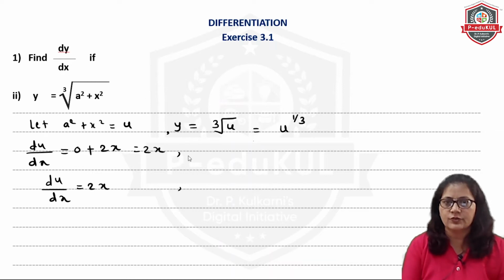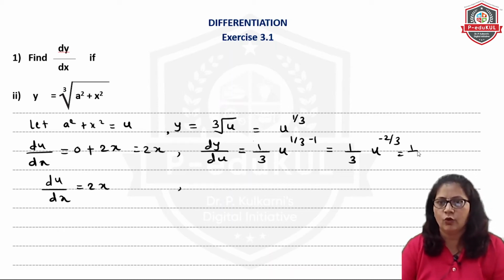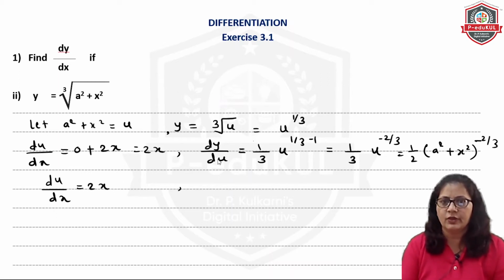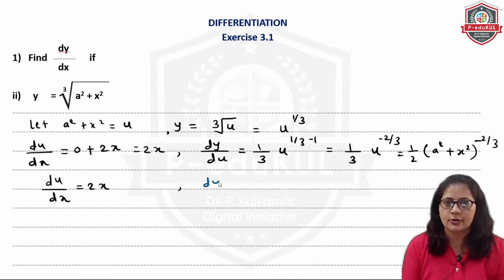Now I will differentiate this function, dy by du is equal to 1/3 u raised to 1/3 minus 1, so that will come up as minus 2 by 3. And here I will put the value of u, that is a square plus x square raised to minus 2 by 3. So this is the answer of dy by du and this is the answer of du by dx. So my final derivative, dy by dx,